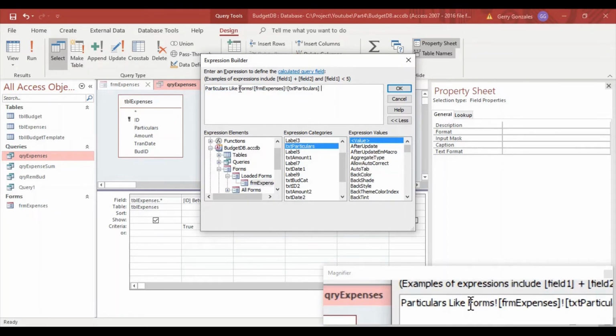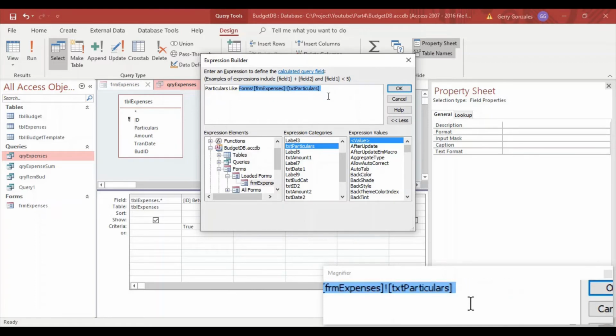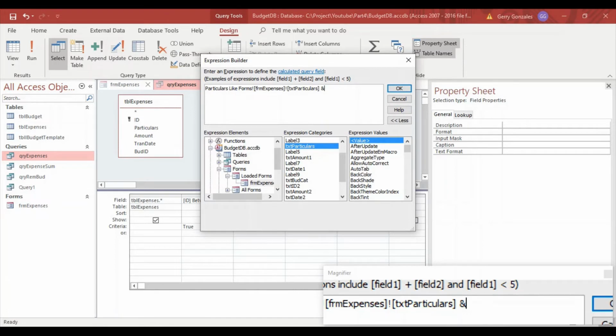This will give you the address of particulars. Then copy this address. Type ampersand, double quote, asterisk, double quote,